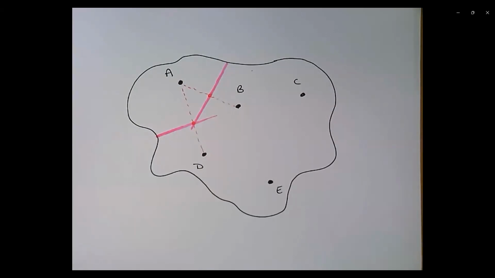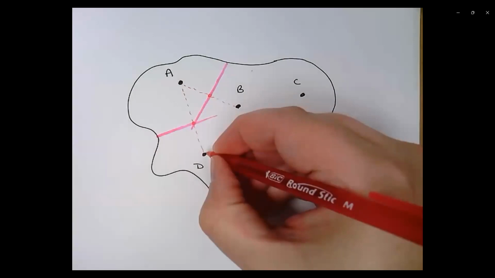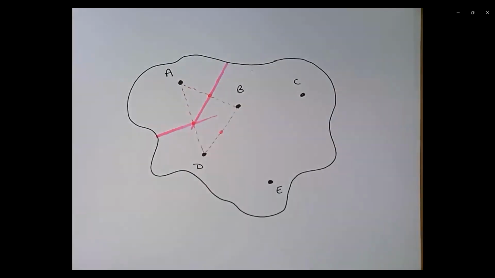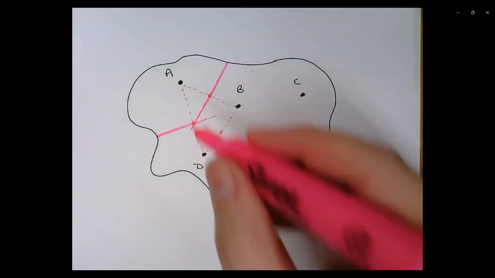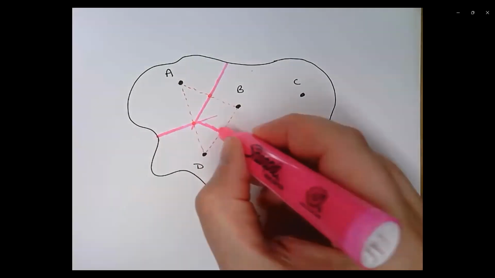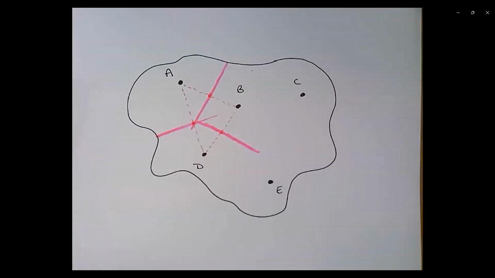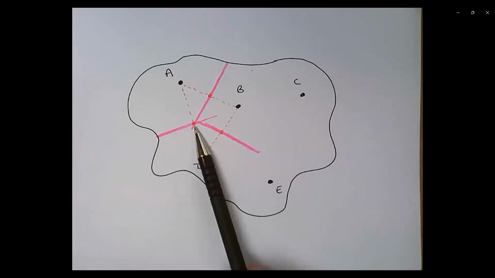Let's do one between B and D. And a perpendicular bisector there. It's going to come down that way. This is going to be a little bit of an approximation. You'll notice that right around here, they don't seem to meet up particularly nicely. That has more to do with the fact that I'm not measuring these precisely or using a ruler. If it was actually done exactly properly, with perfect perpendiculars and perfect measurements, then all three of them should meet at a point.